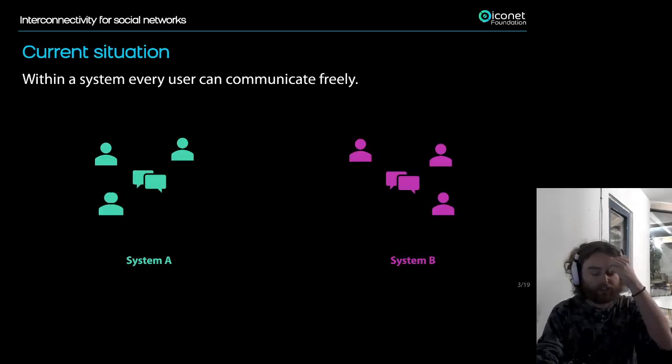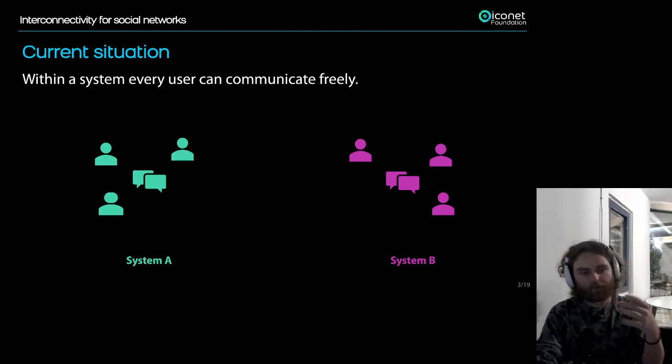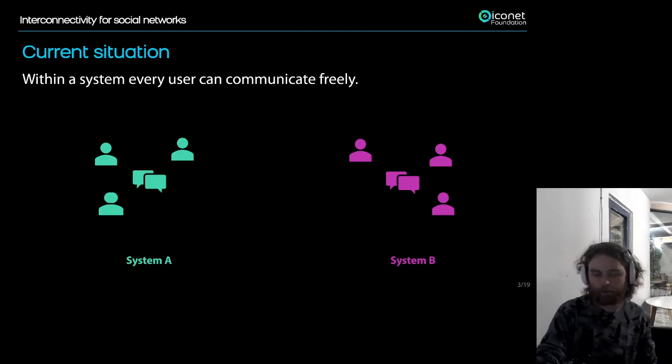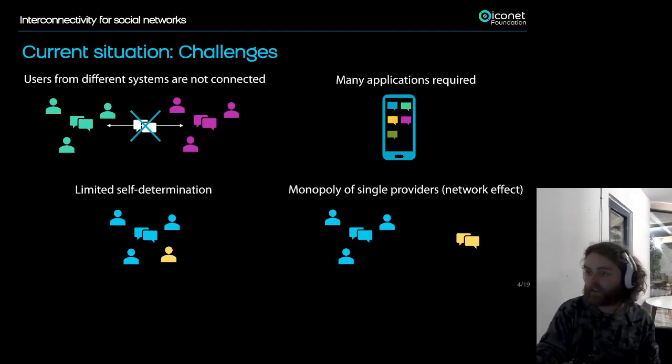but also any kind of special feature software. So the situation is you can only communicate with each other if you're within the same system. This applies for the mainstream, but also for our open source community. But even if you have decentralized systems, if they don't work together, you cannot communicate across them. And this leads to problems.